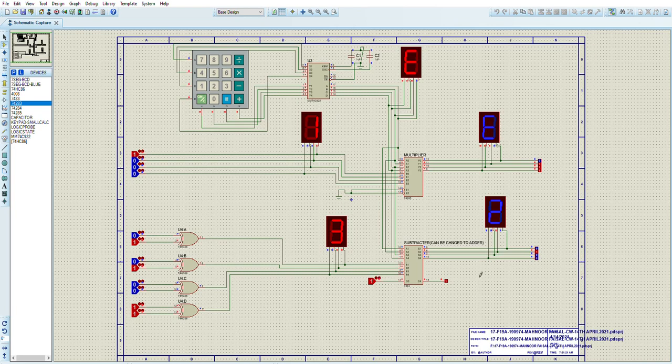Now here, what we will do is change it to 8 and this is 5. So here you can see 5 is the input and 8 is the input. And here we are getting 3 as the output. So this changes everything out there. Okay. So we are getting 3 as an output and the carry output is 0. But 5 multiplied by 1 is equal to 5 and 8 minus 5 is equal to 3. So our answer is correct.